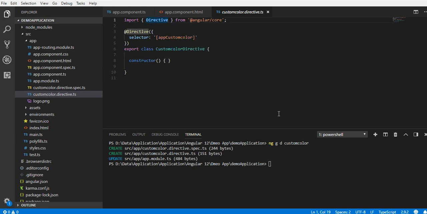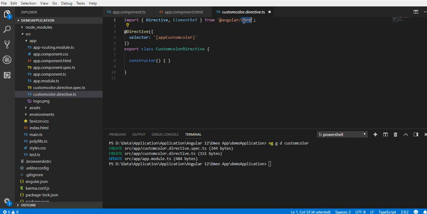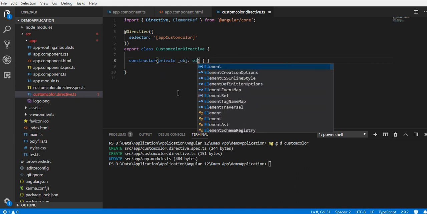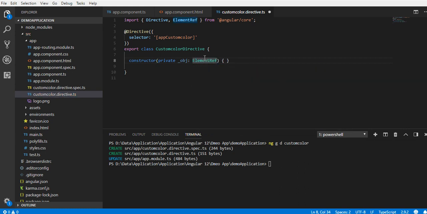So in order to get the reference of an HTML control, we need some library. We will use ElementRef from the core library. Once we are using ElementRef, we need to create the object. So for creating the object, we'll define one variable and write ElementRef here. Once we put the directive on any HTML control, we will be able to get the reference of that particular element control. So we can put any style, any CSS, any attribute, we can change or play with any attribute.